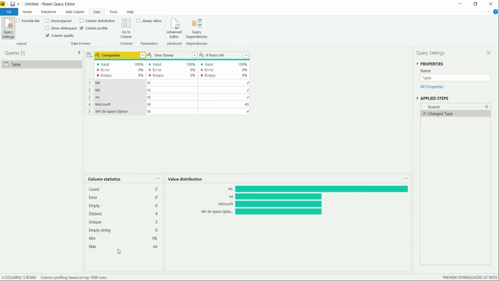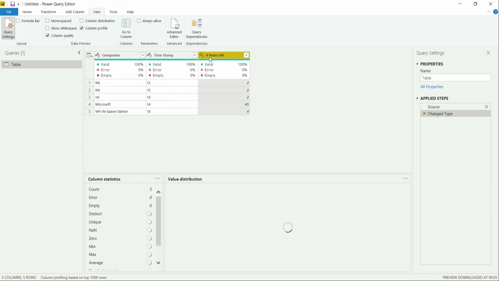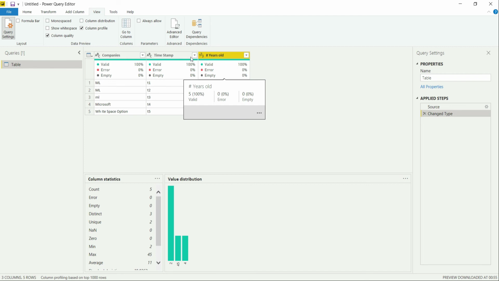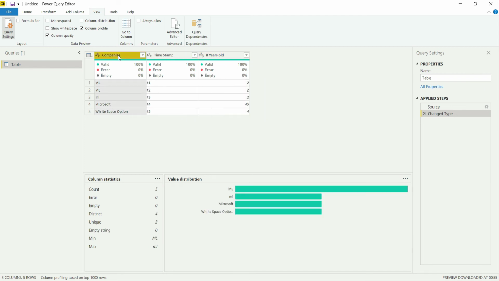These are the min and max values, considering these are only alphabetical values. For example, if I go over here, it will give me numerical values for the min and max. Let's say for min it is 2, for the max it's 45, and there are many more values to understand over here for the numerical column. I will come back to it. So first of all, let's see this one only.